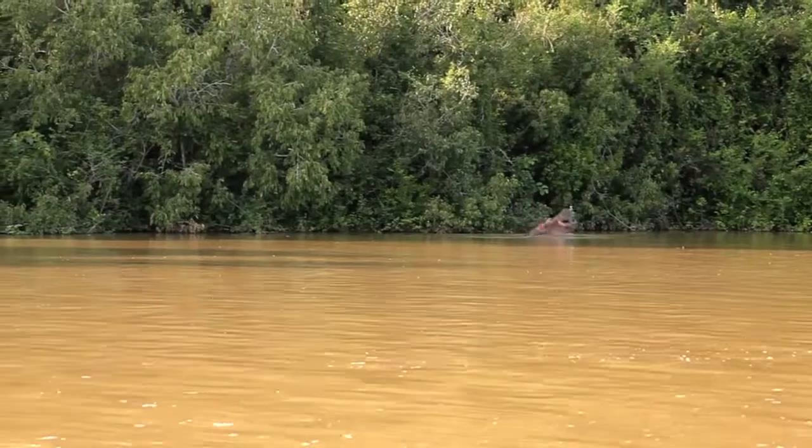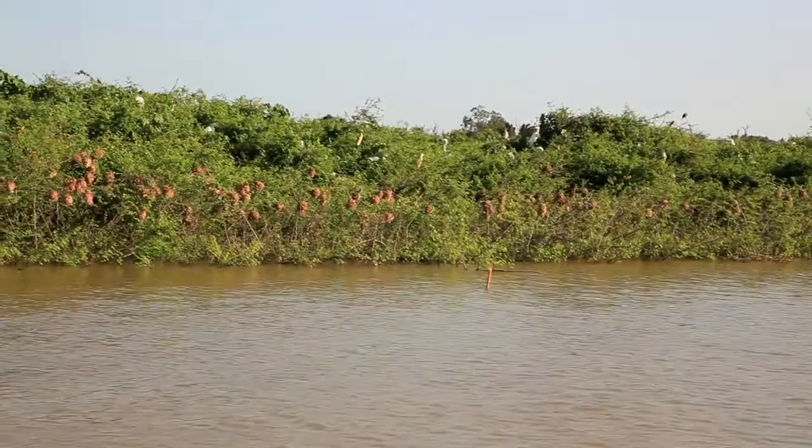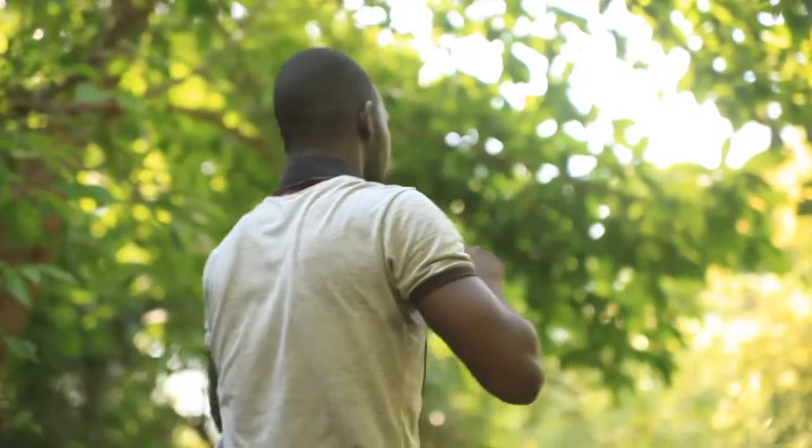We have large populations of hippos here, in addition to crocodiles, a number of species of birds, and also primates. All revenue raised from ecotourism goes directly back into the care of the chimpanzees, and also a small percent goes to community development projects. After lunch, I went on a short guided walk of the forest, where I spotted monkeys